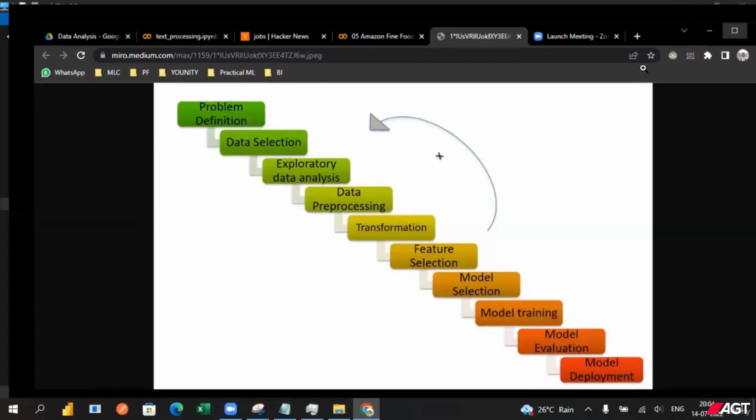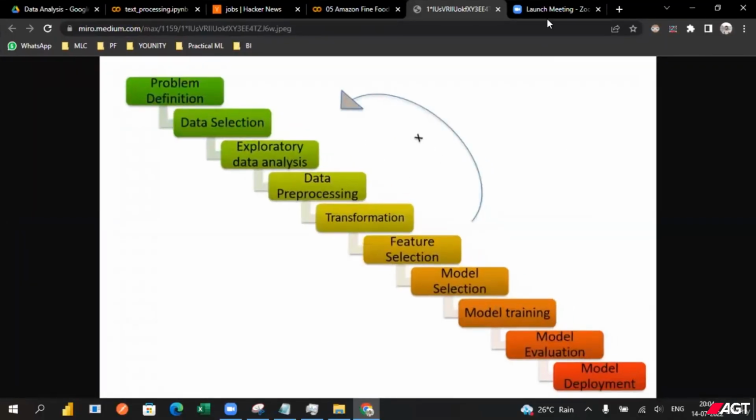If you are a business, some project related to Amazon, so the find for reviews, we are going to predict the rating by using the reviews. So let's understand this perspective. What is the machine learning life cycle and what are the different steps we are going to handle with this? So yeah, in this image you can understand these are some of the steps we are going to follow. I hope I'm audible, right? Firstly,